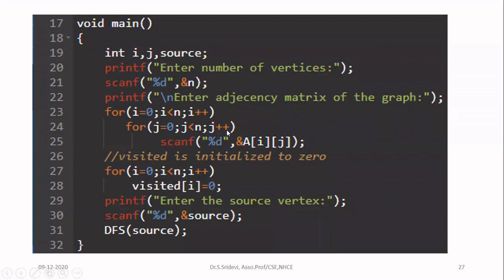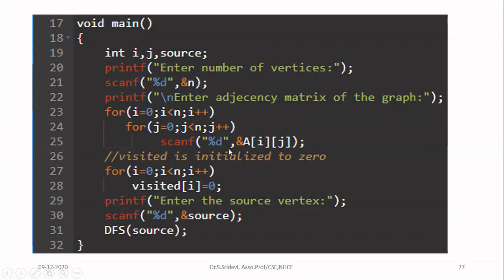Inside the for loop, just get the adjacency matrix from the user. By means of scanf with %d, I am reading the values of each entry of the adjacency matrix. I can access each entry by a of i j. In the ith row, in the jth column, whatever the cell is, you are going to read a value for that cell. You will be repeating this n squared number of times. If you have n vertices, you have to type a total of n squared values for the adjacency matrix. Either you will type 0 or otherwise you will type 1. After line number 25 is over, you will have the adjacency matrix stored in the 2D array A.